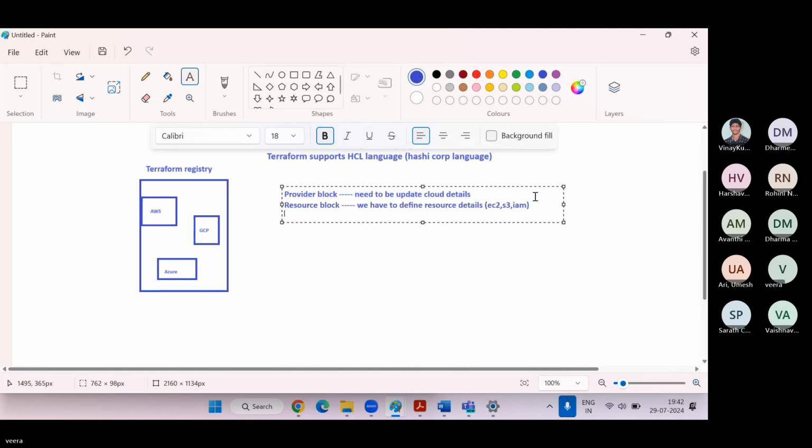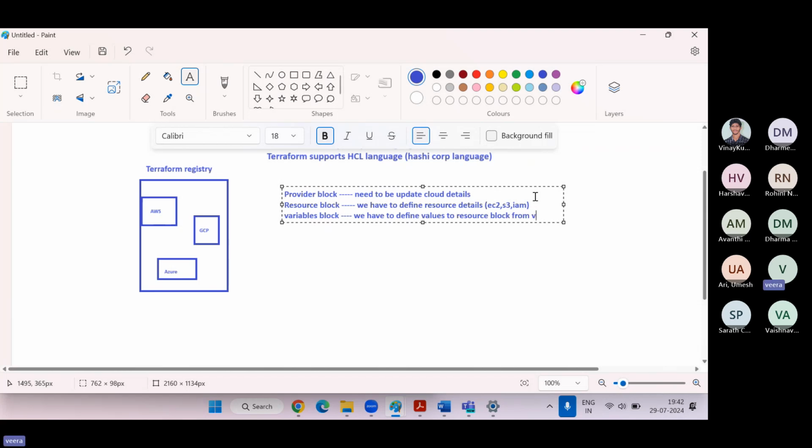And then variables. In the variables block, we have to define values for the resource block.